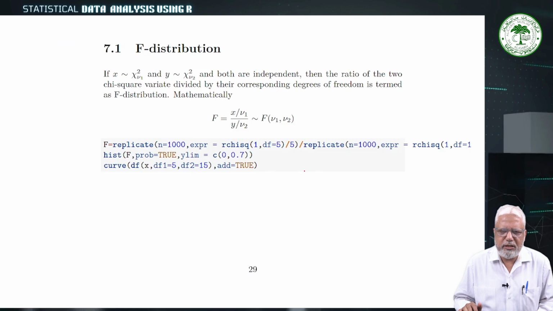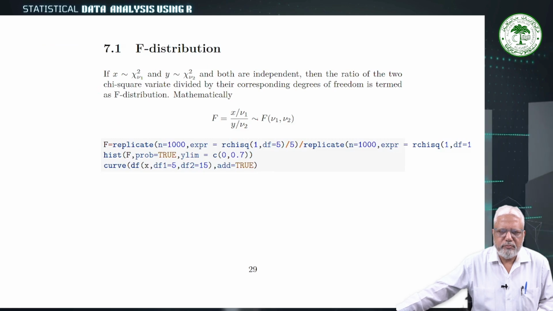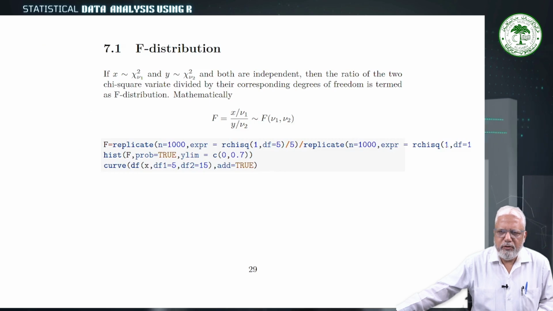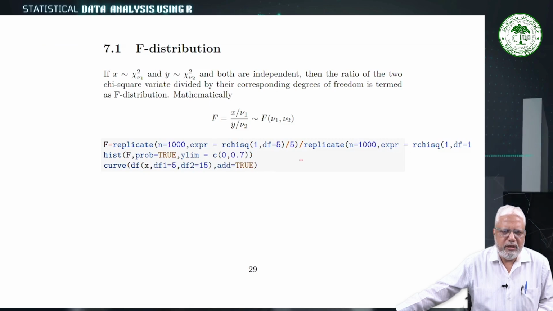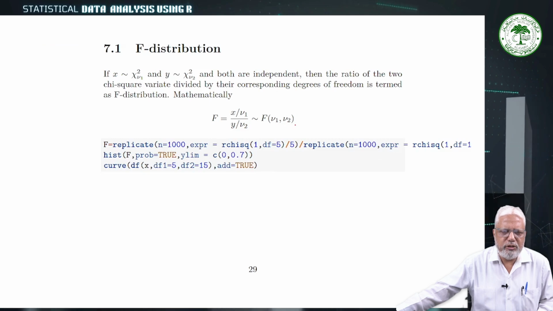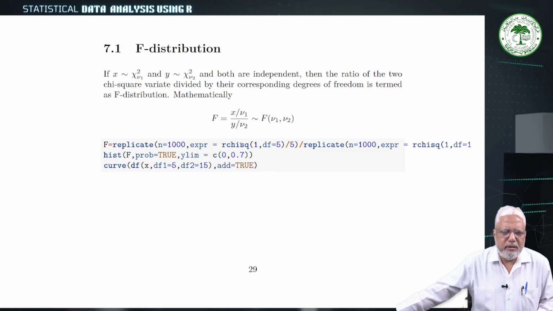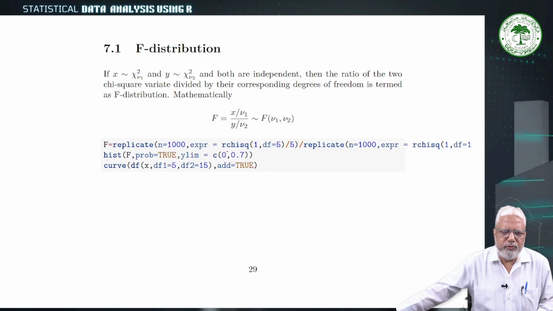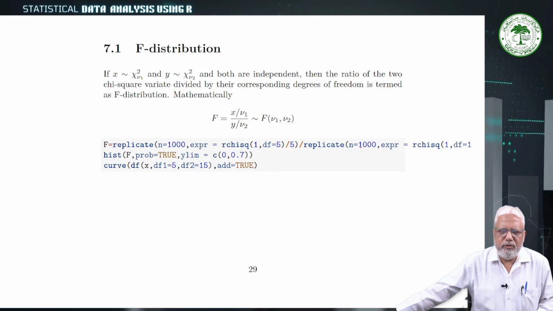In the expression, it will generate one random observation from chi-square with 15 degrees of freedom divided by 15, and then a histogram of the F distribution, with ylim, and then curve of df, the density of F distribution, with df1 equal to 15 and df2 also 15. So, this way we are having